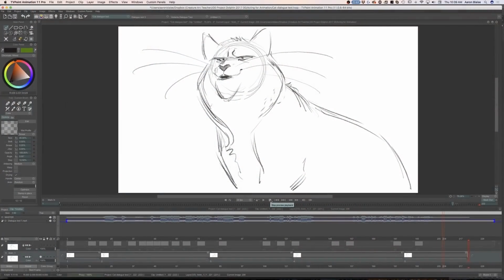So I got to that point, and when you get those poses phrased out, changing from pose to pose in the right place according to the dialogue, like I said, you can really get a sense if this is going to work or not. Now, in my mind, I'm picturing that animation in between the poses. It's so imperative to make sure that the key poses you're hitting are hitting at the right place. Then all you have to do is find that connective tissue. In this case, we're going to be doing a lot more connective tissue than what we did on the last one. So let's go to the next phase.